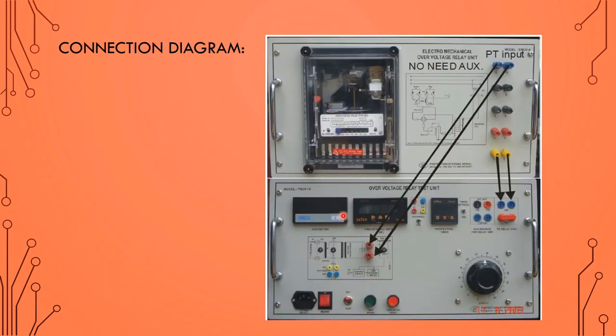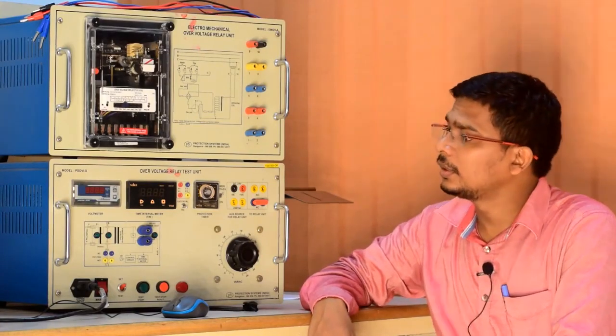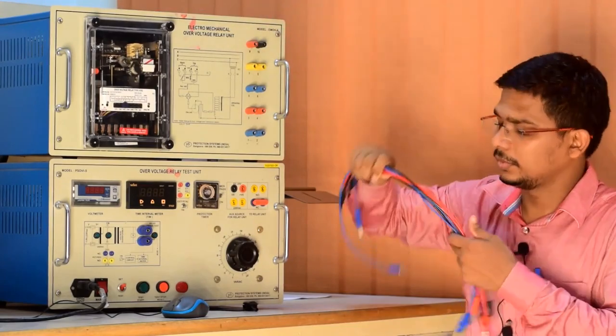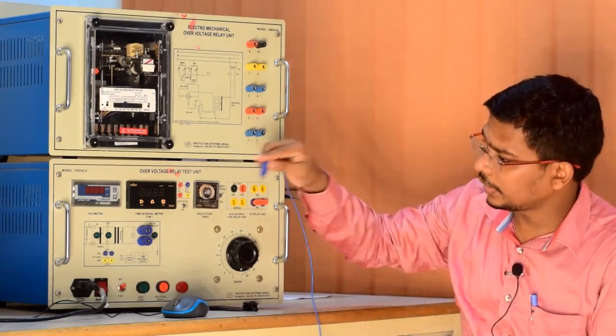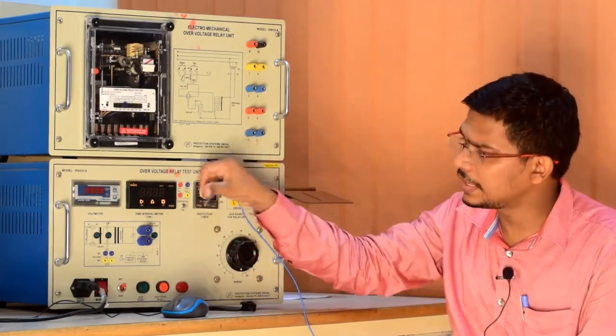Now we have to go to the experiment table to connect the circuit. As you can see, the power supply voltage terminals of the power supply unit are connected to 9 and 10 of the relay unit, and the trip signal command we can take from 3, 4 or 1, 2, which will come to the NO. This is the only connection, and you will see it on the experiment table. So right now we will do the connections. As I told you, in the connection section, these two are the output of the power supply unit, over voltage relay test unit.